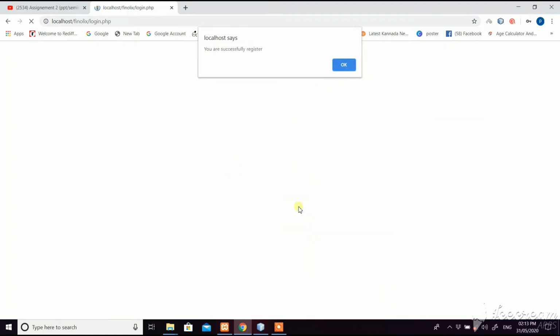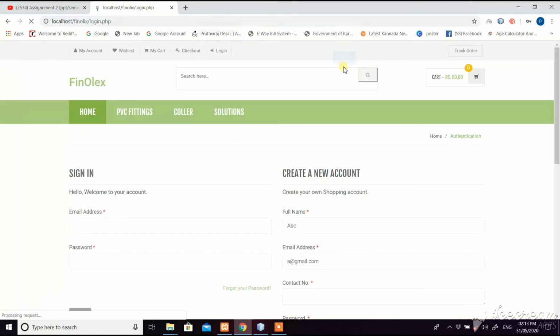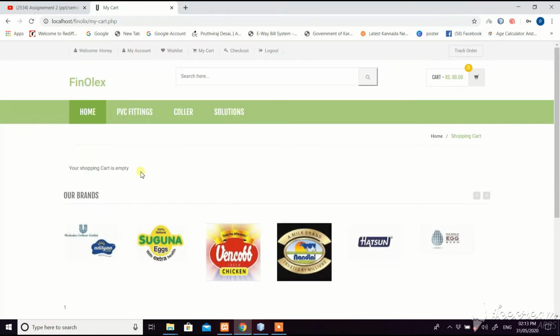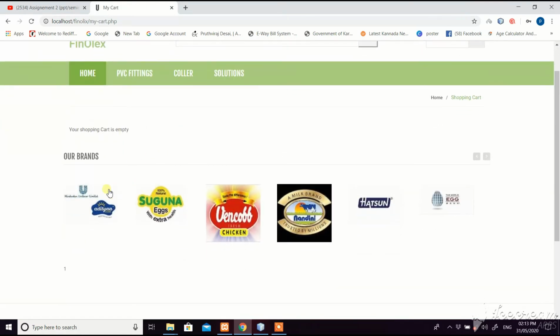Then click to sign up. Our registration is successful. Click OK. Then enter the email id and password to sign in. Click on login. Our login is successful.